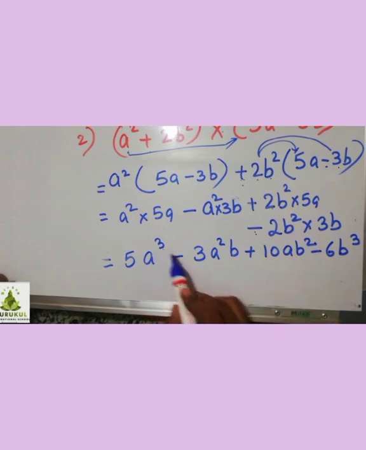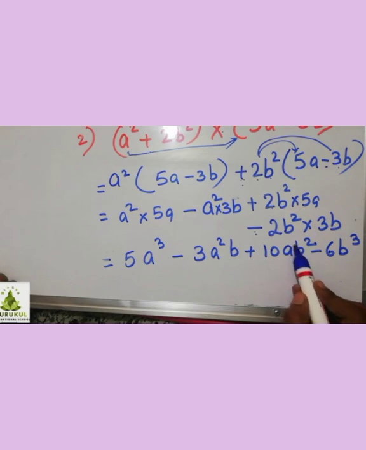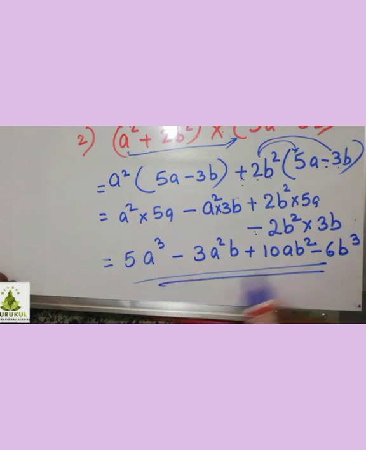Now see here, a cube is there. Here no other a cube. A b cube term is there, but here no other b cube terms. Here an a square b term is there, but this is different. Here it is a raised to 1 and b square. Is it clear? They are different terms. They are not like terms. It is a square b and this is a b square. So no like terms are there. So you will leave the answer as it is. So this is the final answer. Copy down this. We will start with the exercise questions now.